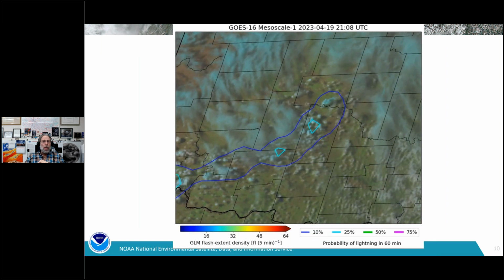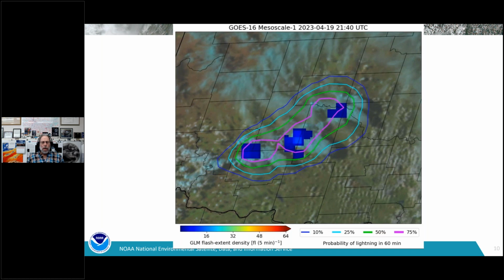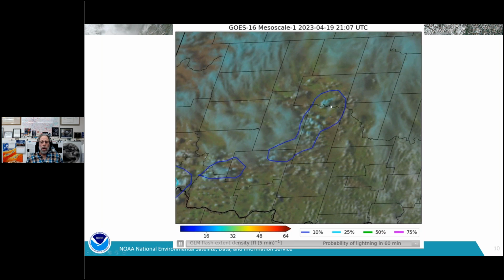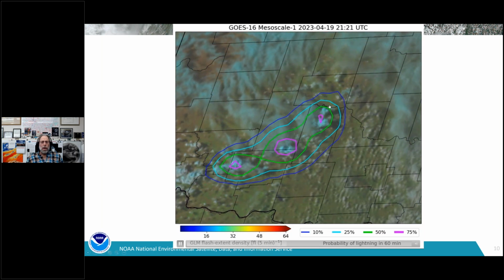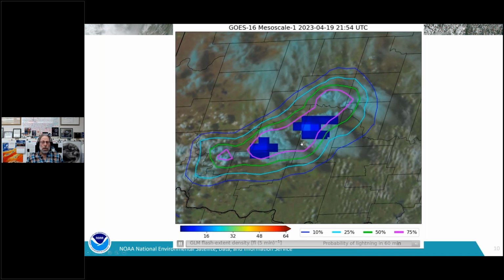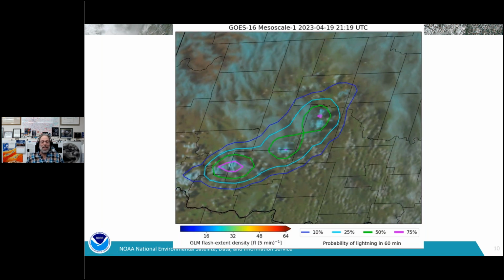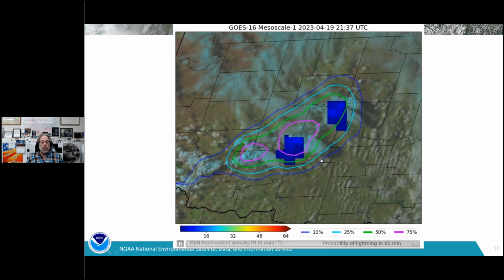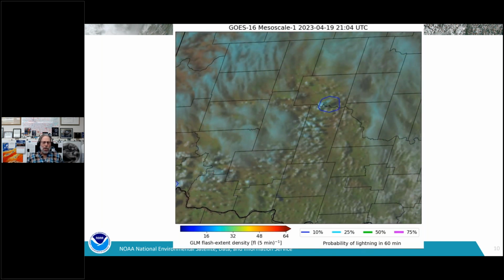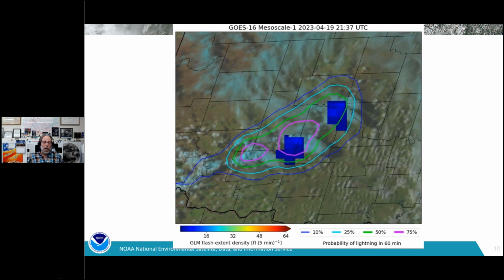So here we're just looking at the imagery first, and you can see the contours picking out where the subsequent GLM would see. That GLM, of course, is the blue flash extent density. Of course, you need the GLM to help train this algorithm to know what to look for. But again, this is a good way to use GLM before the event to train it, then the ABI to look at the cooling, glaciation, etc.